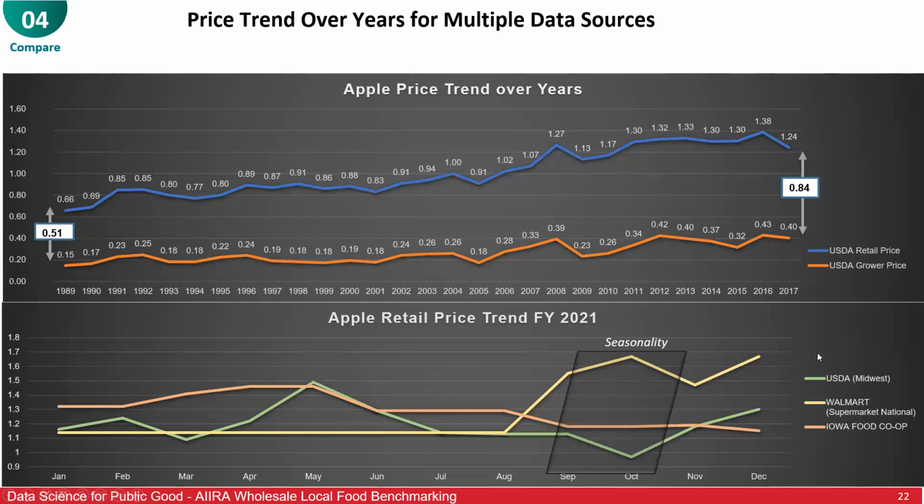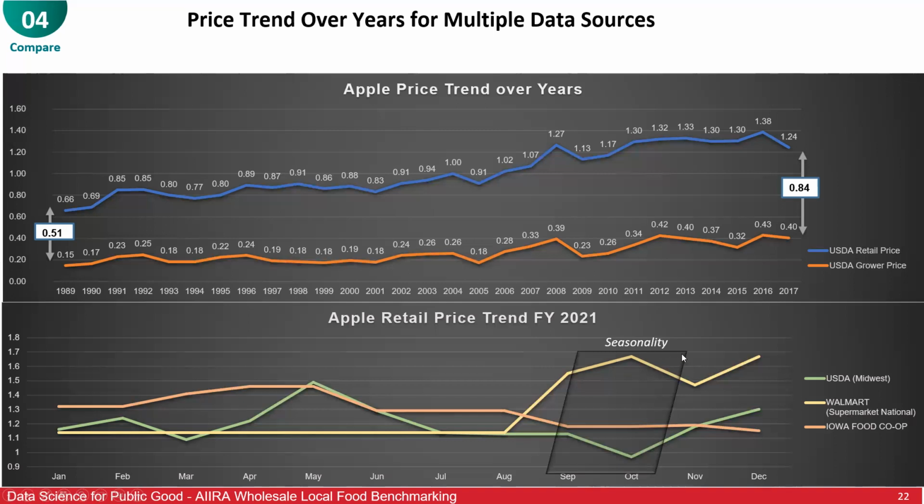And now let's look at the bottom graph. This is the apple retail price trend for 2021. And we have three lines. The green one is USDA Midwest, the yellow one is Walmart, and the orange one is Iowa Food Co-op. With this one, I can show you that when COVID happened, Walmart prices actually went up, whereas the Iowa Food Co-op and USDA Midwest prices went down.